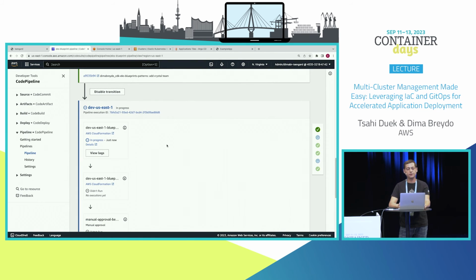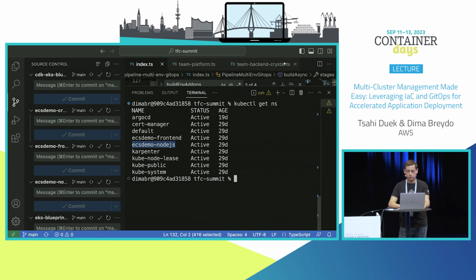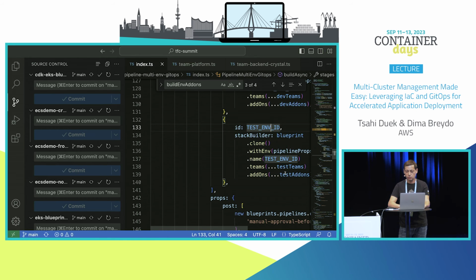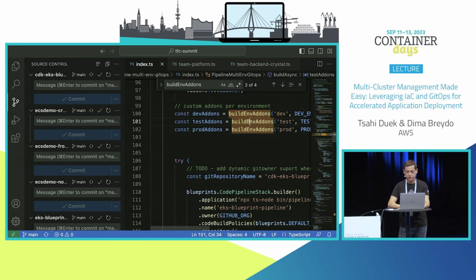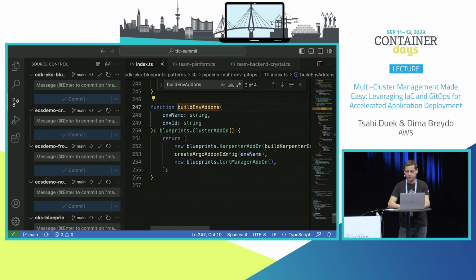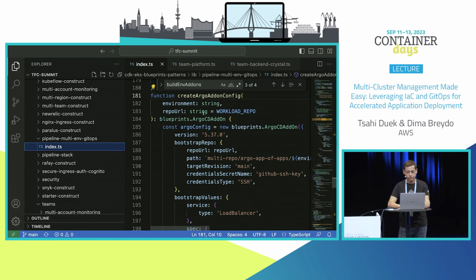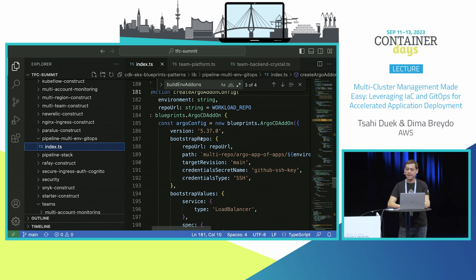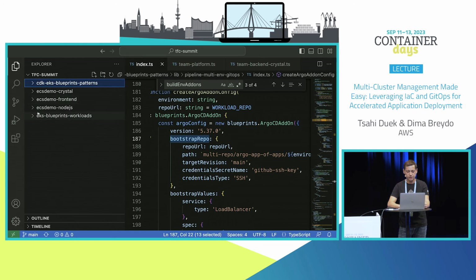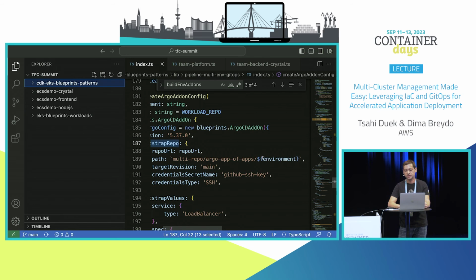Now, while this is happening, let's understand what happens from the application perspective. Okay, so I'll go back to the code, and let's understand what was happening with the Argo CD add-on. As I said, one of the add-ons that we created here was the Argo CD add-on, and this requires some special configuration. So for the Argo CD add-on, we are passing it a bootstrap repository, which points to the 5th repository that I was showing to you in the beginning, the EKS Blueprint Workloads repository,